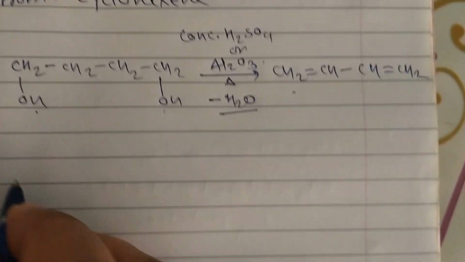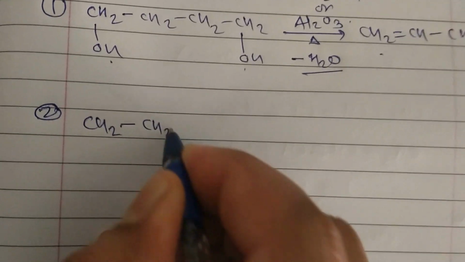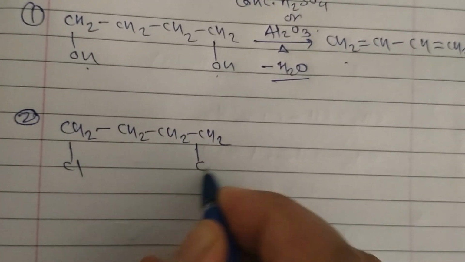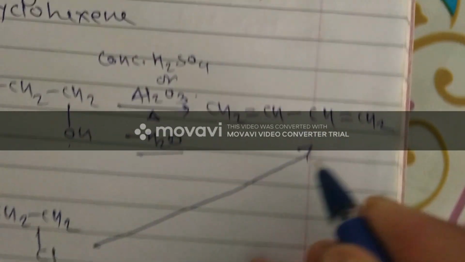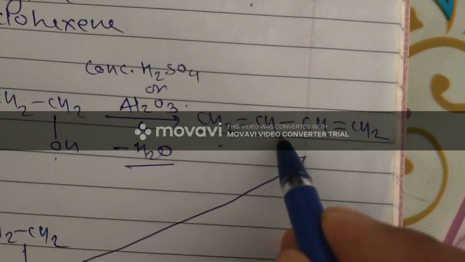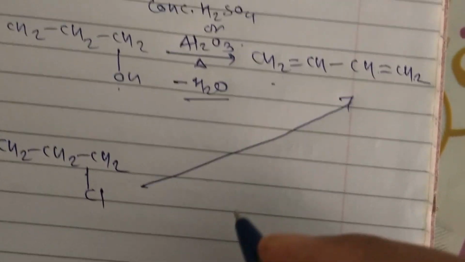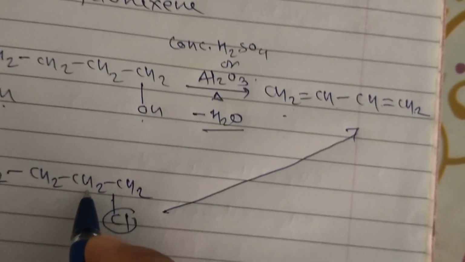Second preparation from 1,4-dichlorobutane, Cl. This is the 1,4-dichlorobutane. From this, we are preparing CH2=CH-CH=CH2, 1,3-butadiene. How is it prepared? This can be prepared when this hydrogen and this hydrogen from the adjacent